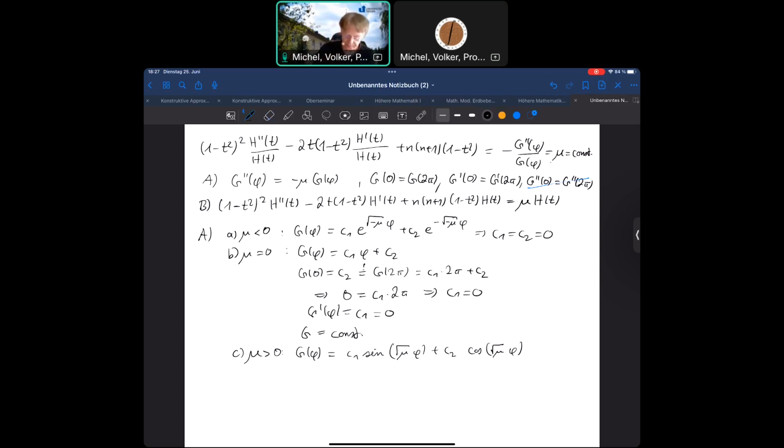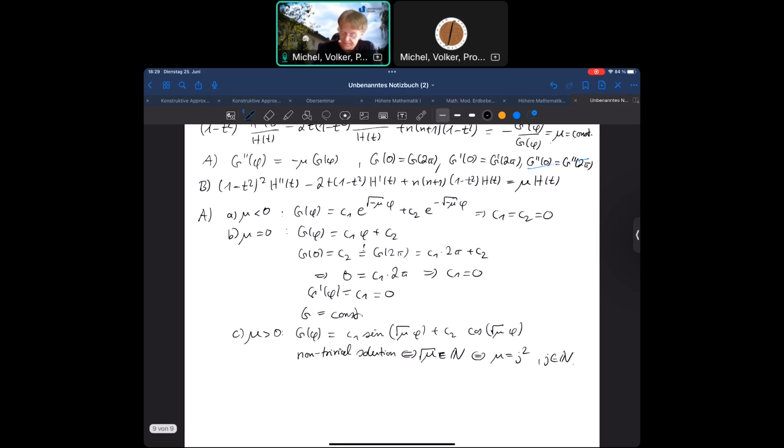So let's say non-trivial solutions. And that's now interesting if and only if square root of mu is a positive integer. In other words, if mu has the form j squared for a positive integer j. So that's now very helpful for looking at our basis systems,